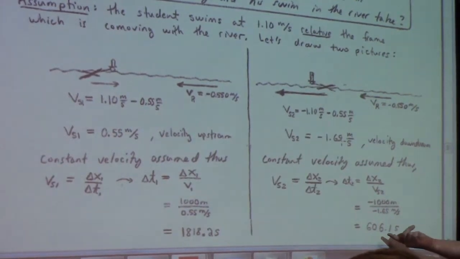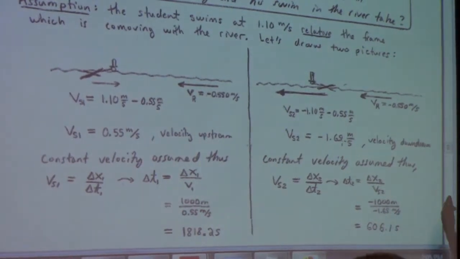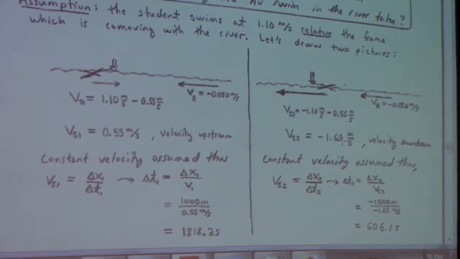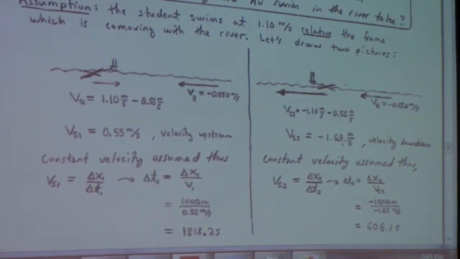And then his swim back downstream, on the other hand, is much easier because when he's swimming with the current, relative to the Earth frame of reference, he gets the speed of the river plus the speed relative to the water, right? So effectively, he's booking it. He's 1.1 plus 0.55. He's going at 1.65 meters per second on his way back because he's going with the